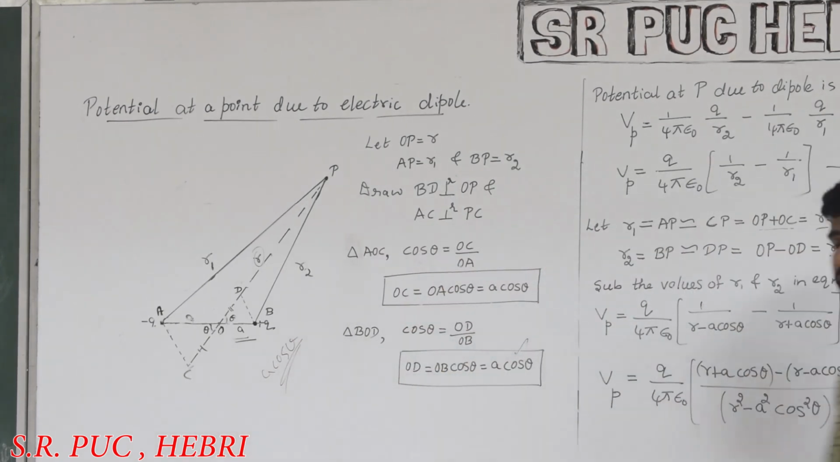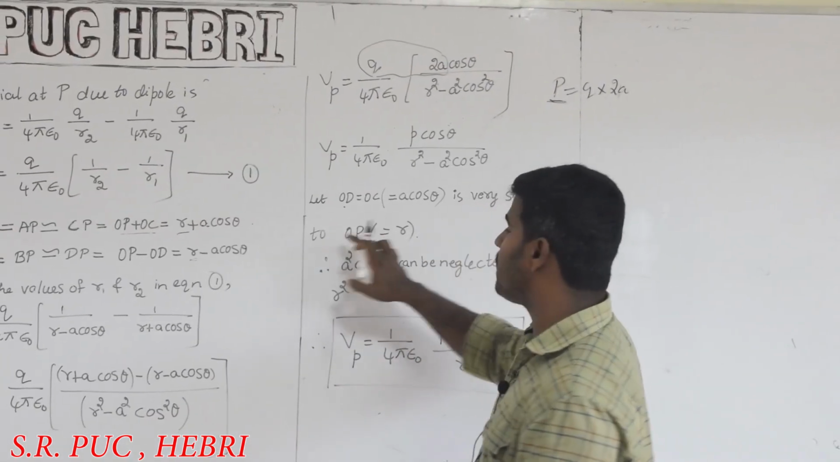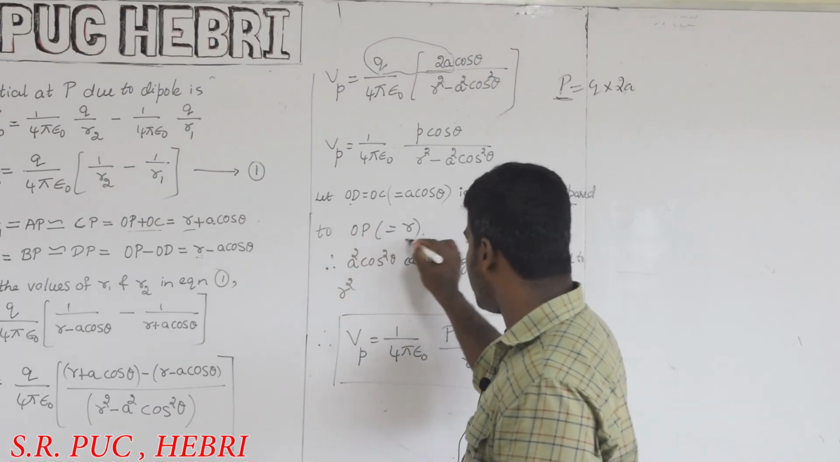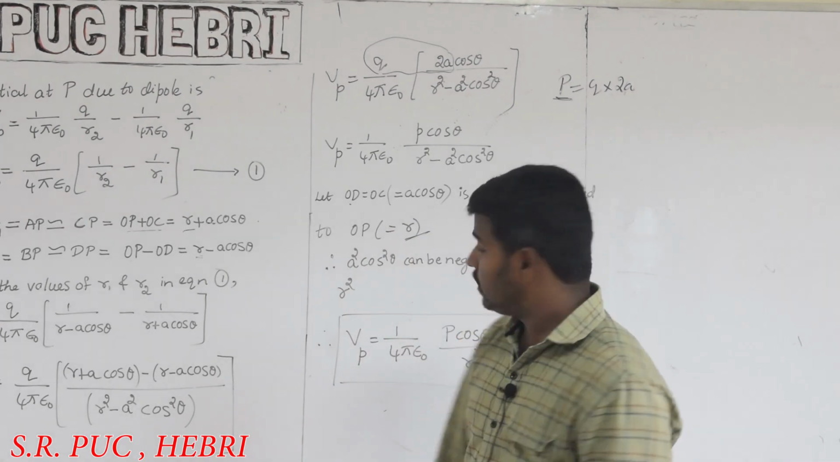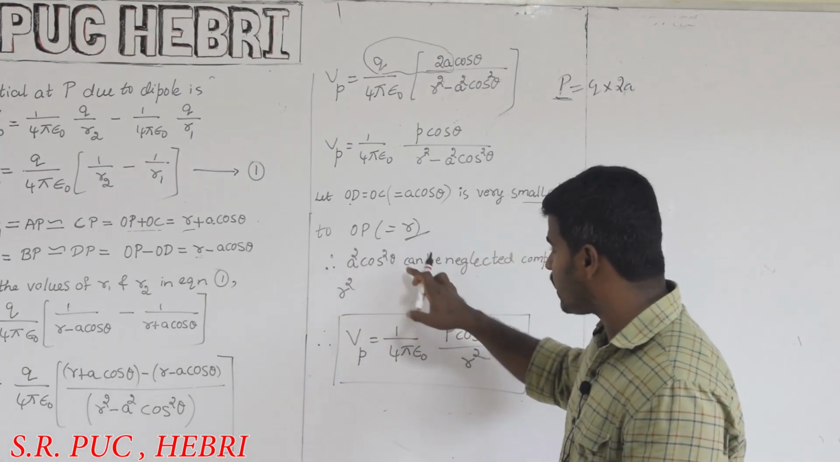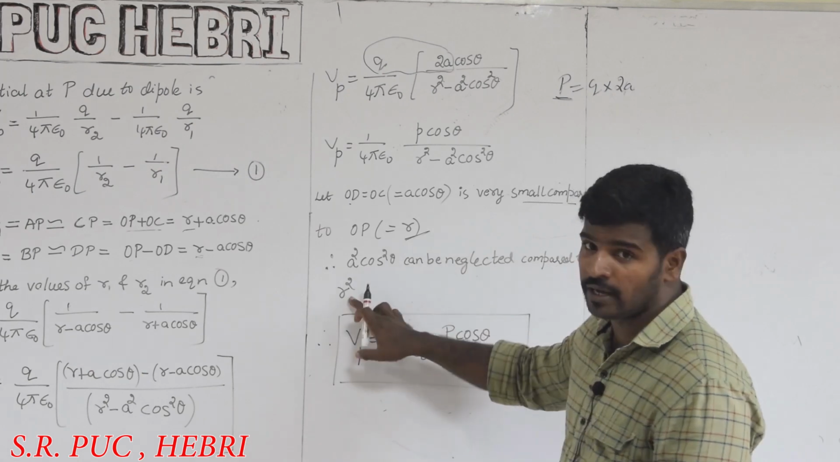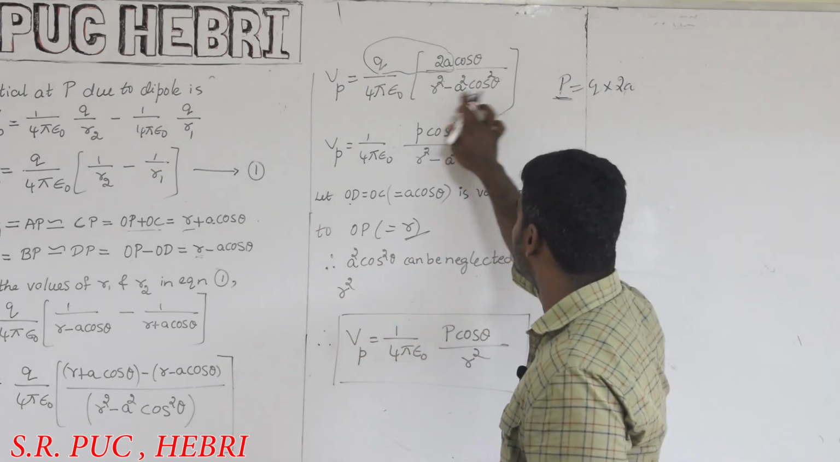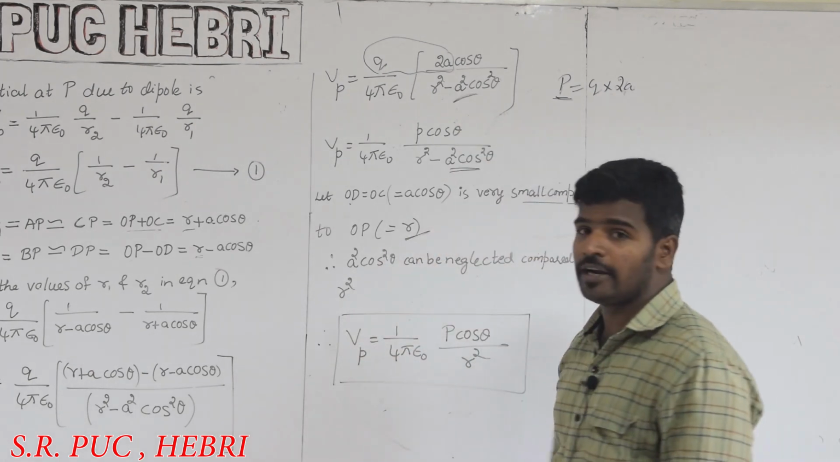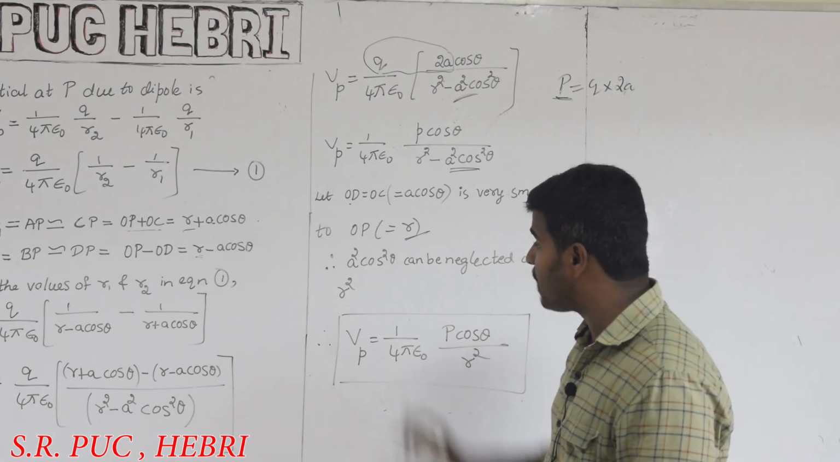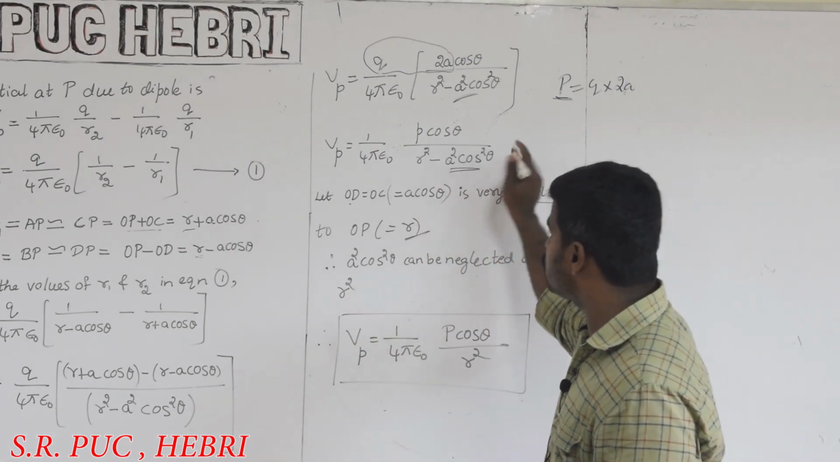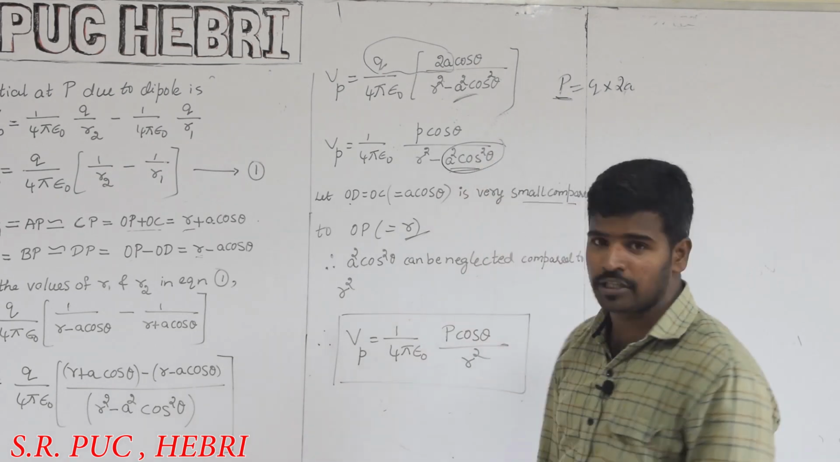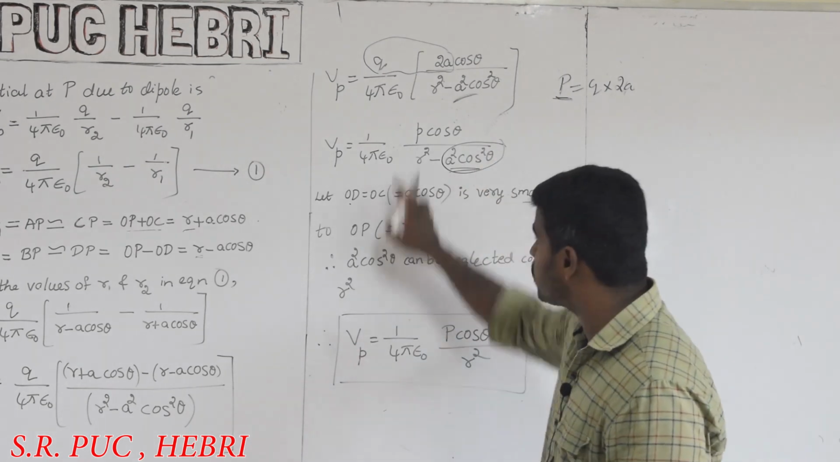The term A cos theta is very small compared to the value of OP. The value of OP is equal to R. Therefore, the term A square cos square theta can be neglected compared to R square. So the term in the denominator part, A square cos square theta, can be neglected compared to the value of R square. If you neglect this term and write, the equation becomes Vp is equal to 1 by 4 pi epsilon naught